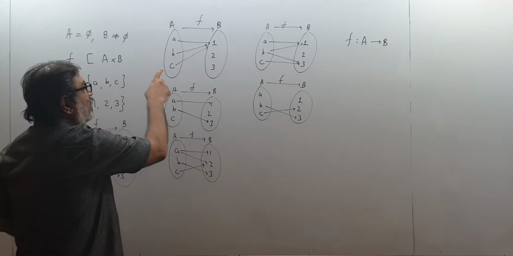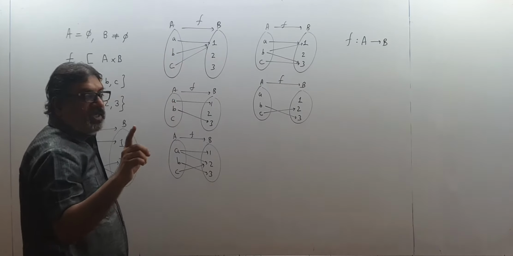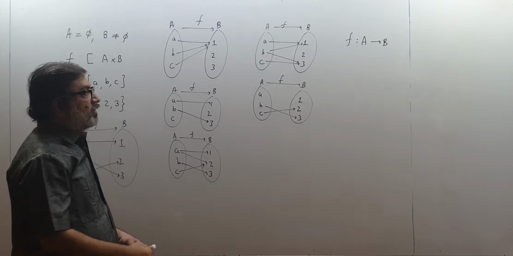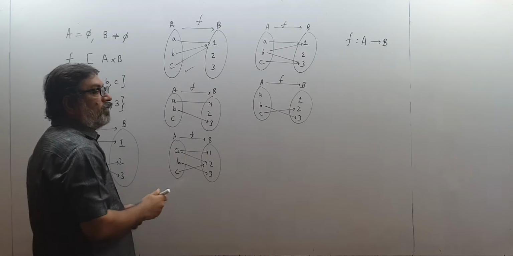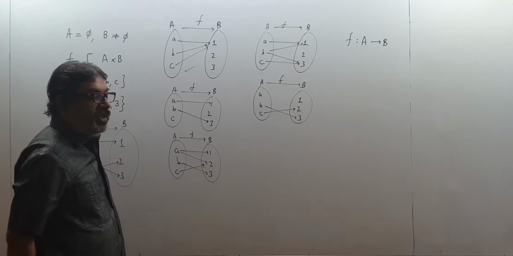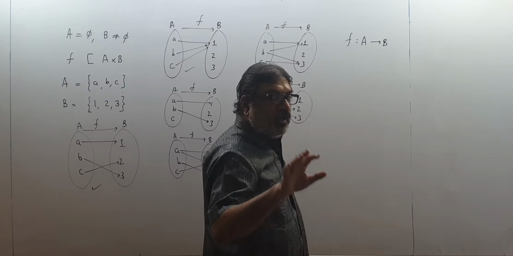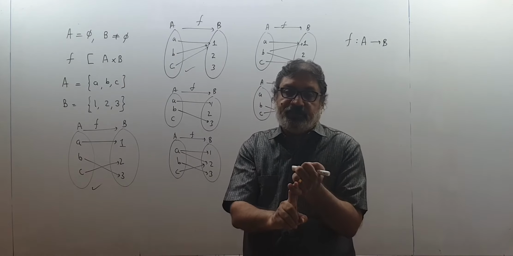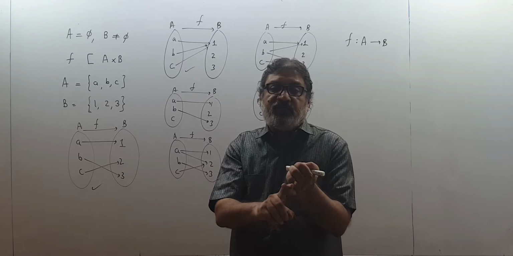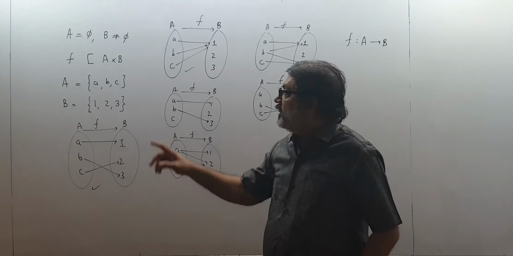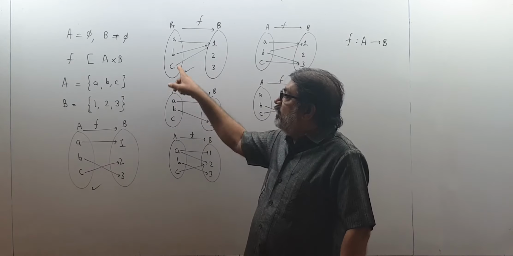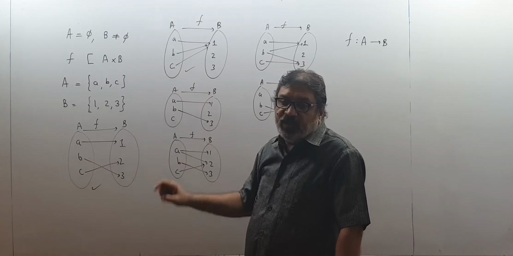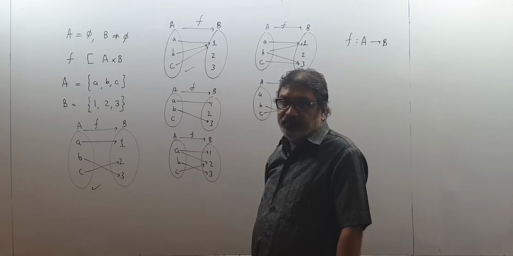In this one I can see every soldier is shooting one arrow? Yes. Is every soldier shooting only one arrow at a time? Yes. So this is also a function. Now don't feel, sir, B and C also are shooting the arrow to the same person. That is allowed. What I told you, every soldier should shoot one arrow, and every soldier can fire only one arrow at a time. Is that happening or not? Is any soldier shooting two arrows at a time? No. Is every soldier shooting one arrow? Yes. Therefore, it is a function.